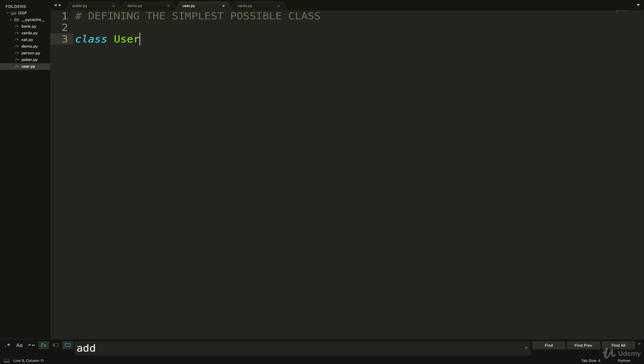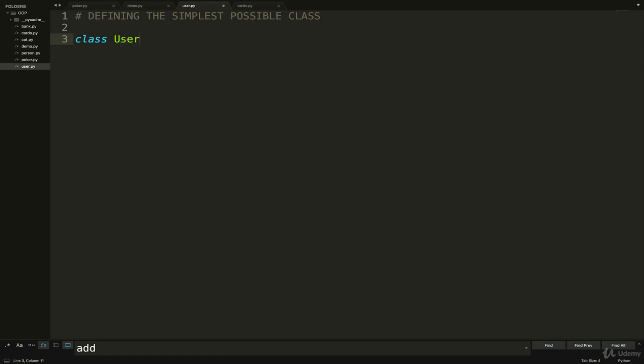A couple notes about naming classes. We name them in the singular, user instead of users, and we always use camel case. You don't have to, but that's the conventional way. So we could just do user or poker underscore deck, but the convention would be PokerDeck in camel case. So most things like variables and function names are conventionally snake case in Python, and class names are camel case.